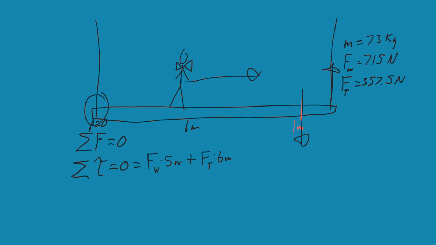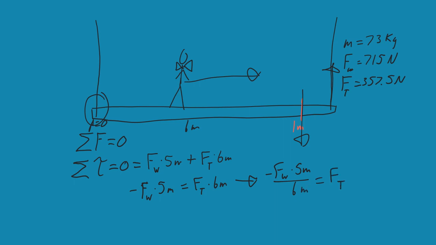So that means it's going to be the negative force of weight times 5 meters equals the force of tension times 6 meters. And then running out of space down here, so I'll just go over to the right. It's going to be the negative force of weight times 5 divided by 6